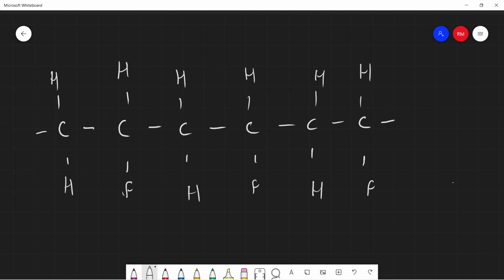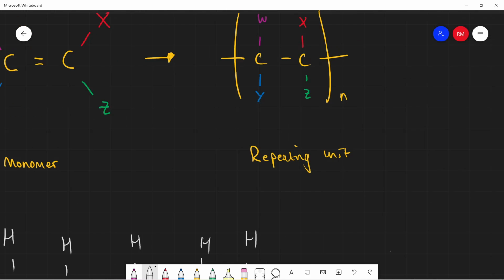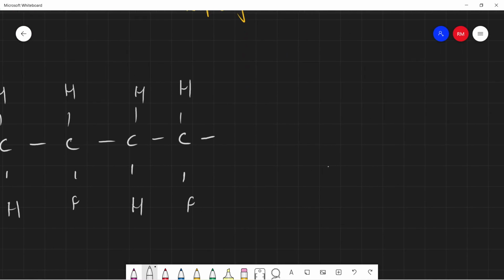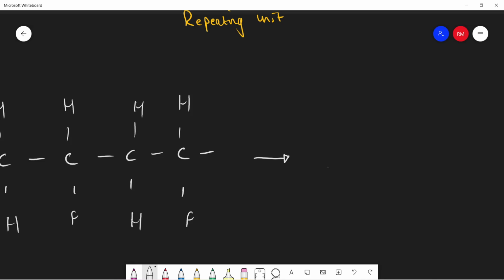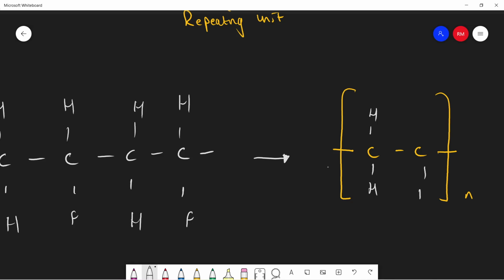And really, what this model up here that I showed you, this repeating unit, does is it just simplifies it all down into just the 2 repeating units here. And we'll just have these. So